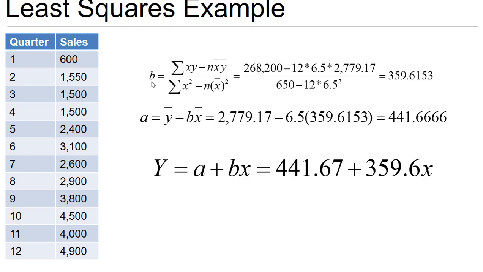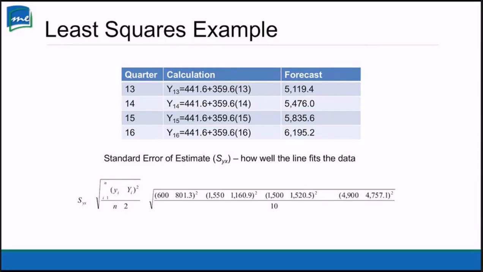I use B instead of B1 to represent the slope, and I use A to represent the intercept. So according to the formula here, we will be able to obtain these two constants, and then we will be able to